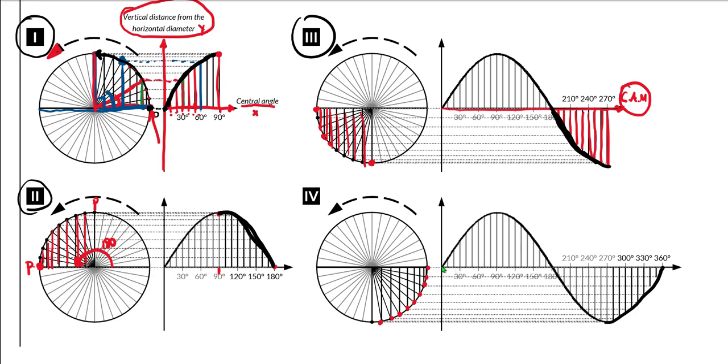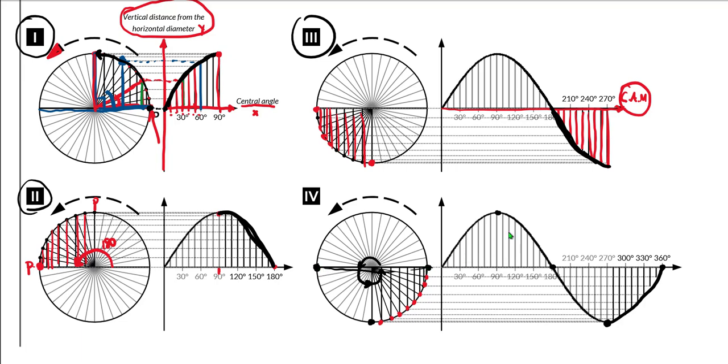So we went up, hit a peak at 90 degrees, went back down, hit another 0 distance there, 0 distance above or below that horizontal diameter. Then we got down here to a 270 degree central angle. And then when we moved back to 360 degrees, we got back to a height for point P of 0